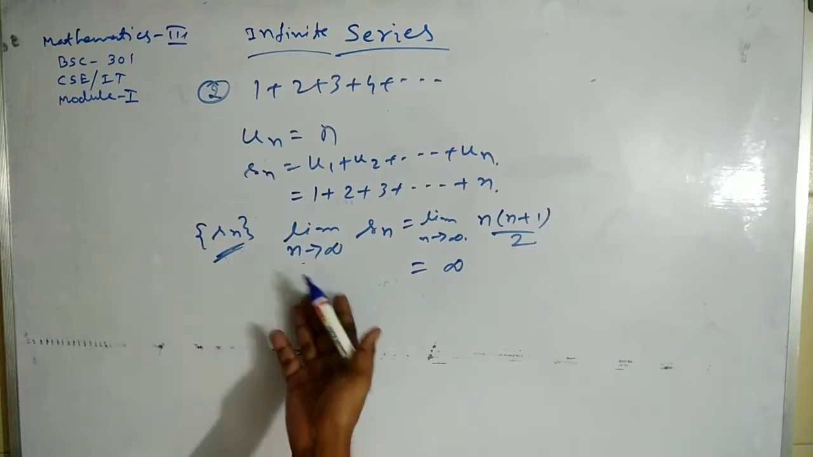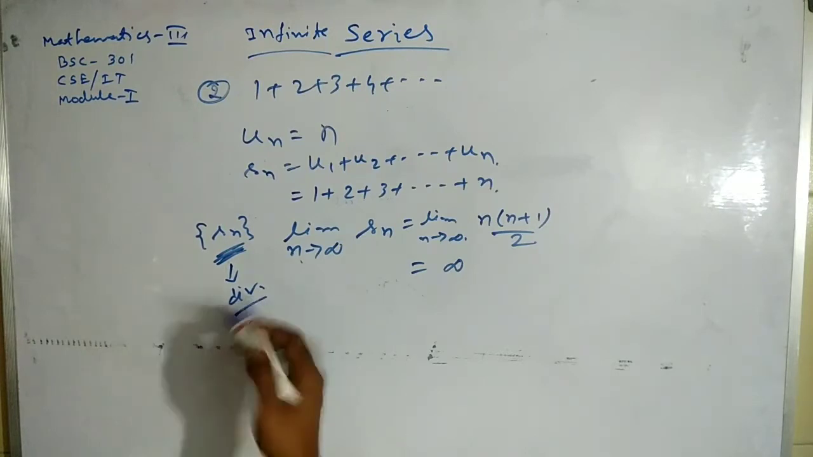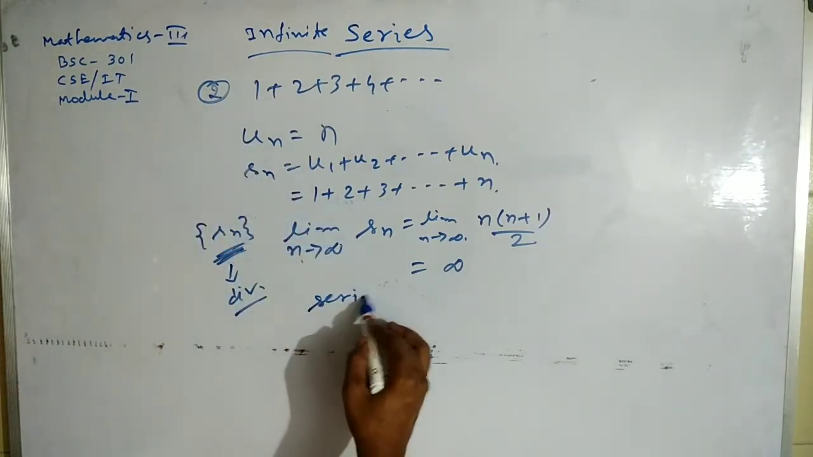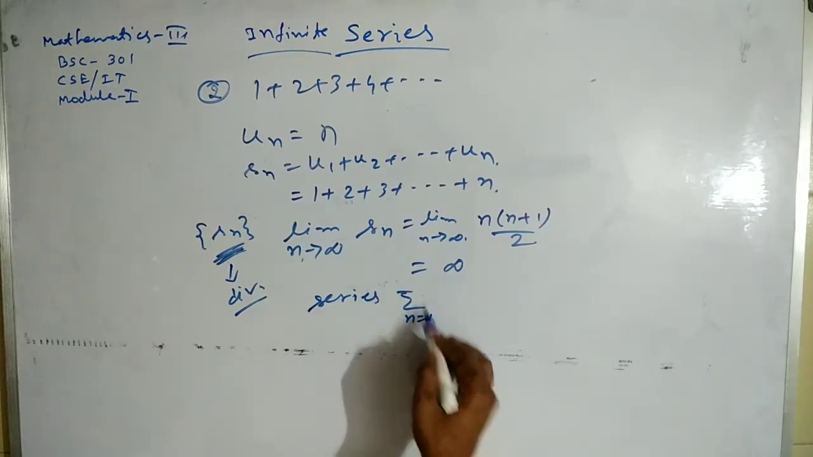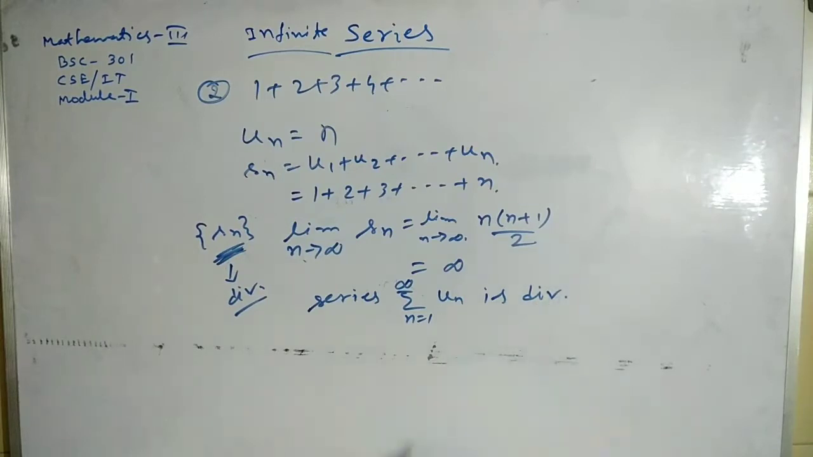So this sequence Sn is divergent, and hence we can say that the series summation n equal to 1 to infinity un is divergent. Okay, now next example